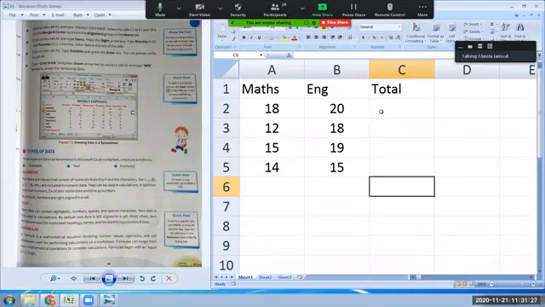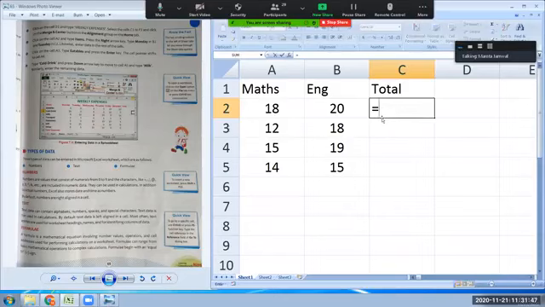In an Excel sheet, you will type either text information or numbers, and you can type formulas also. So if you want to type formulas, what will you do? You will simply click the cell, and the first thing you have to enter is the equal to sign. Okay, you will type the equal to sign, and then you will write the address of the cell on which you want to perform some operation.